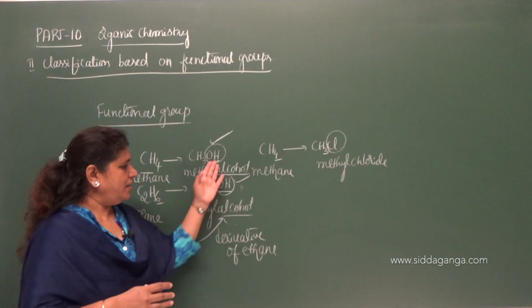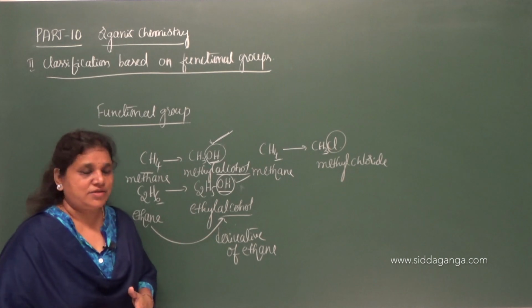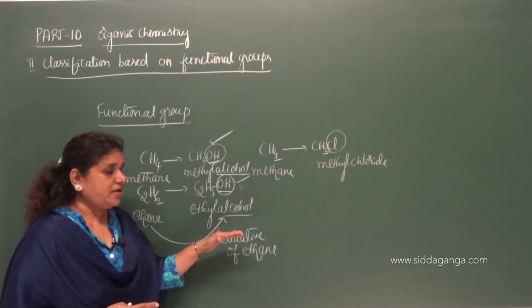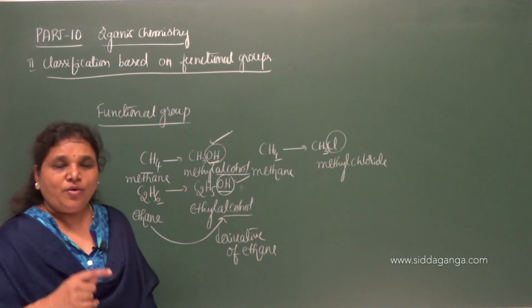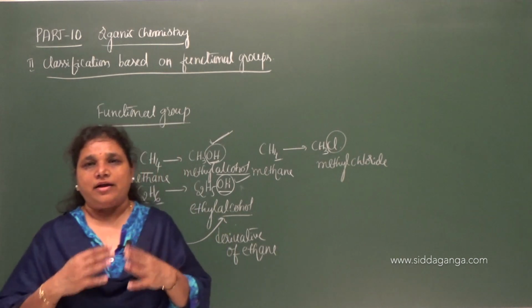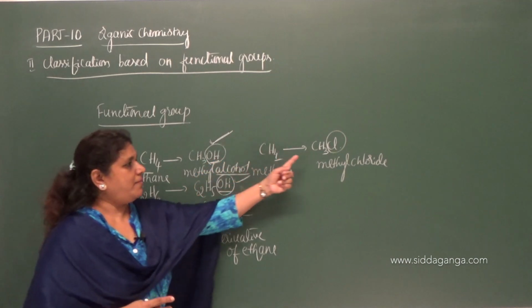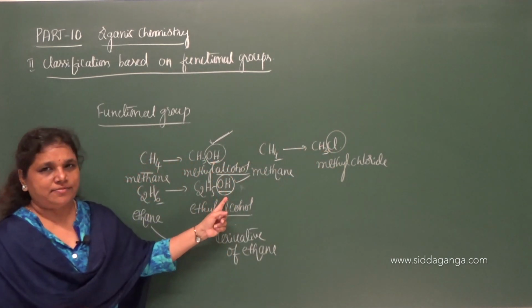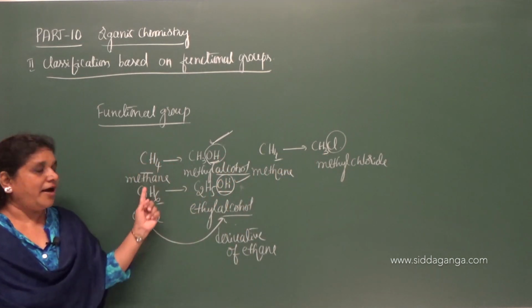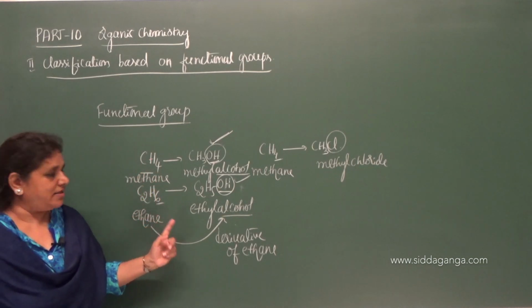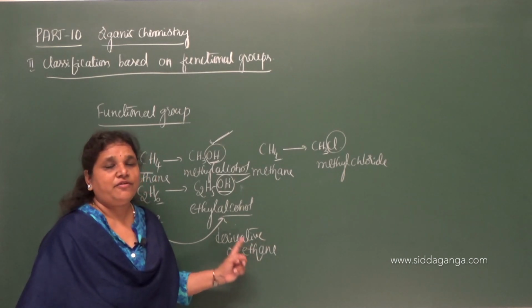So in general these compounds are the derivatives of respective alkanes. What do you mean by derivatives? Derivatives are nothing but the products which are obtained after the replacement of one or more hydrogen atoms of alkanes by another atom or a group of atoms. This may be an atom or it may be a group of atoms. So replacement of hydrogen atoms present in alkanes by another atom or group of atoms gives a new product, and that new product is called a derivative of alkanes.